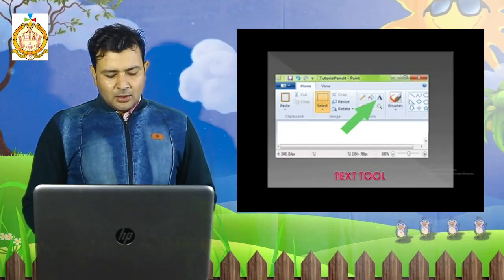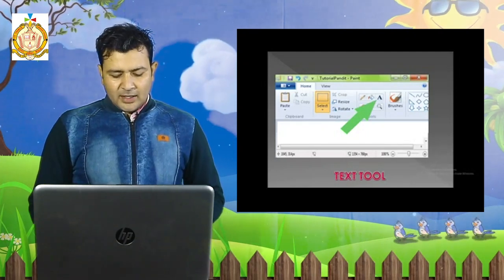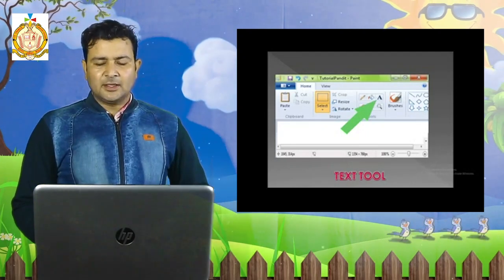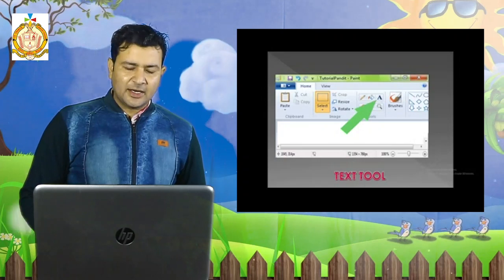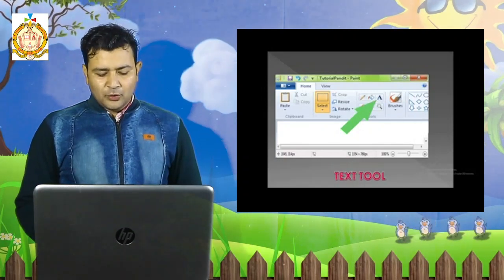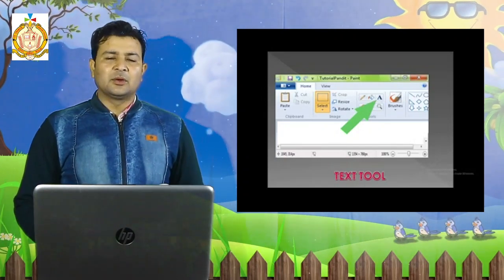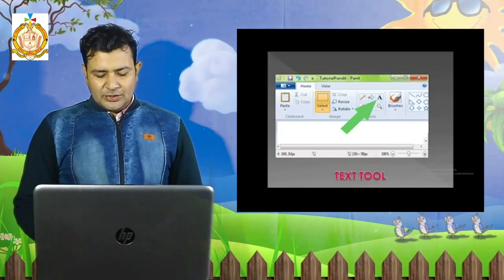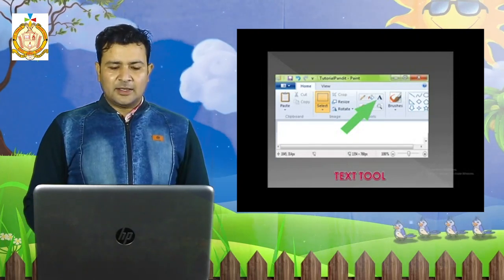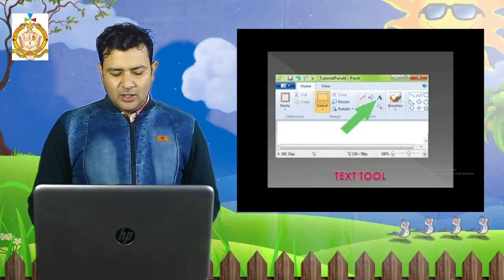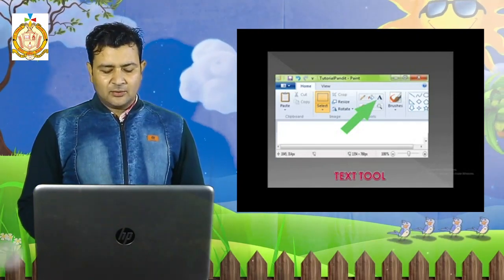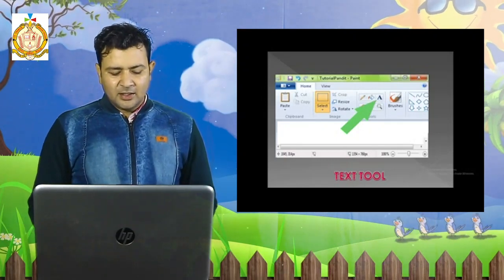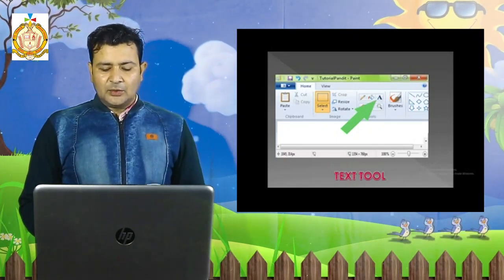Then true false is there. You cannot type text in the program, it is false, because we can write our name, our friend's name. Eraser tool is used to delete the drawing. No, the eraser tool is used to delete a drawing. Polygon tool is used to draw a rectangle. Yes, we can use the polygon tool. Curve tool is used to draw a straight line. False, because for a straight line we can use the line tool only.